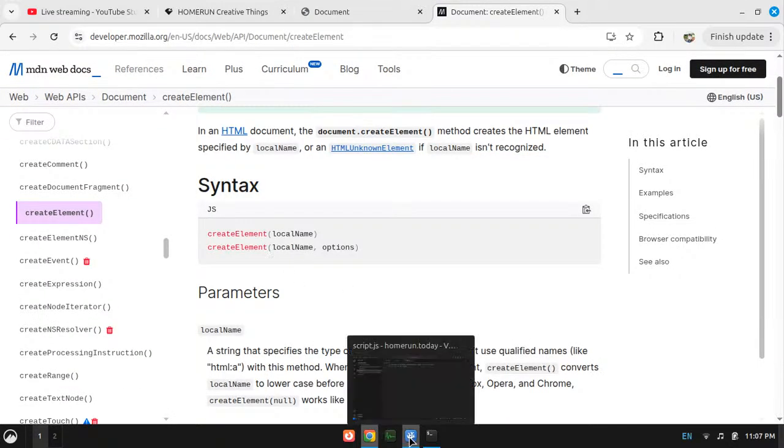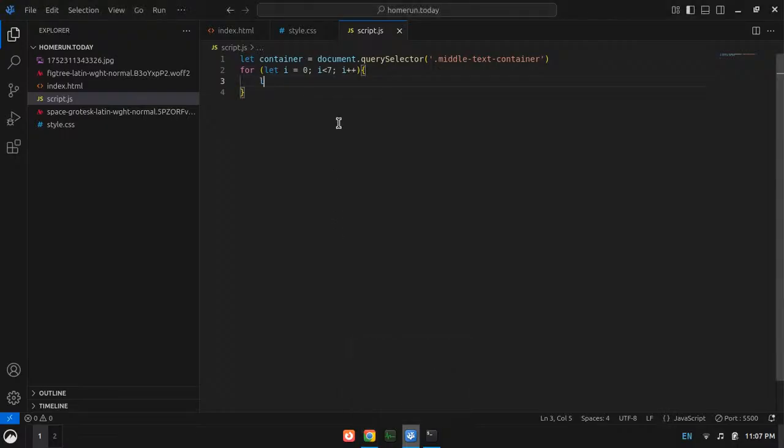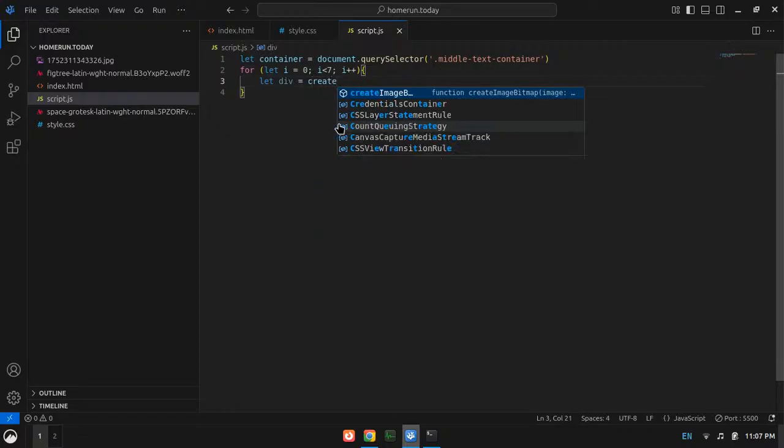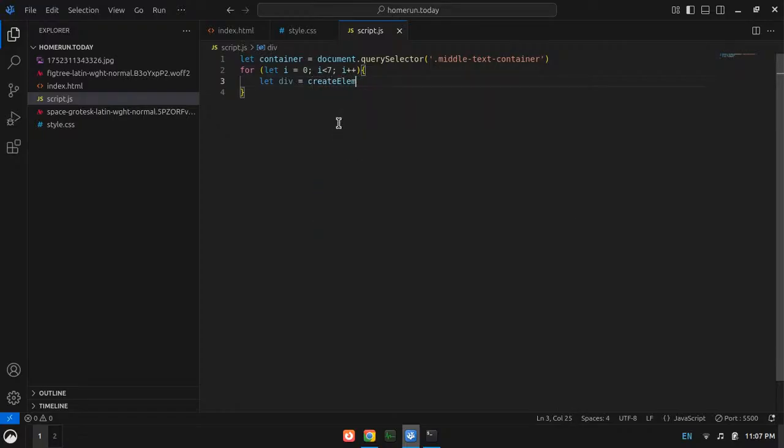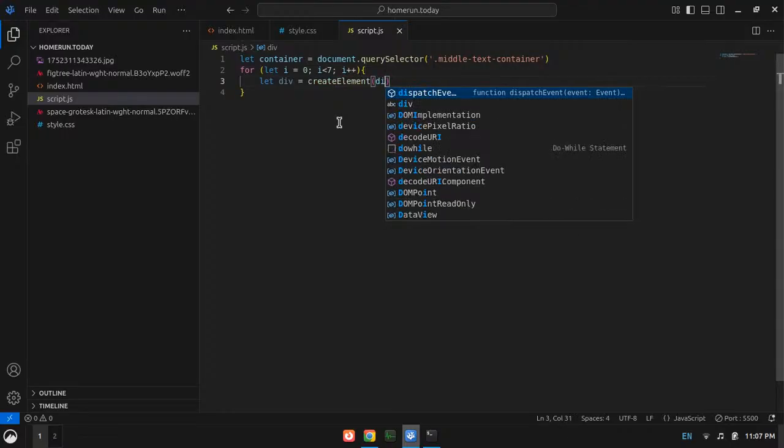Then let div equal to createElement of div. Okay, right.